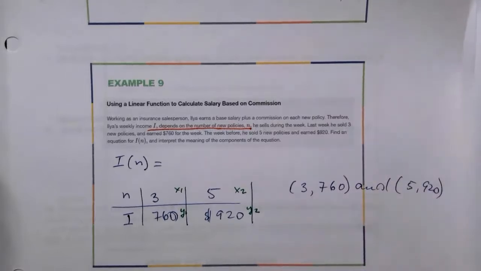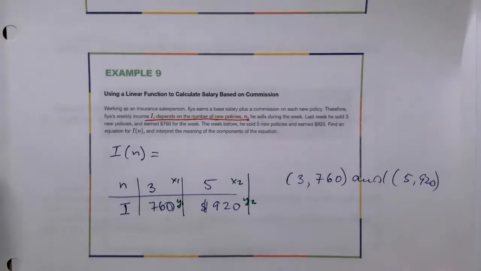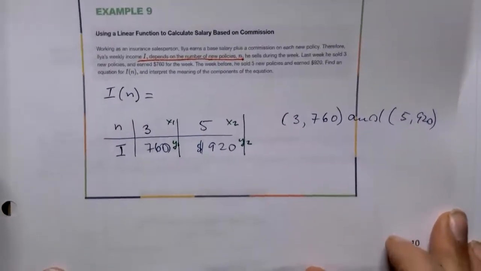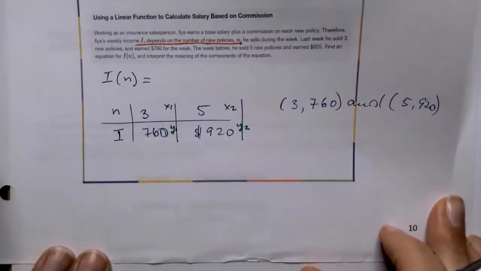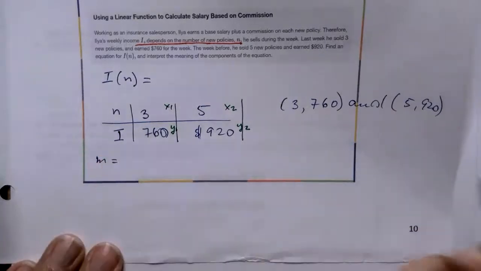That's what we're going to use to figure out our equation. So what did we say we need to figure out first? And if you said slope, m, or the rate of change, you were right. So the rate of change,